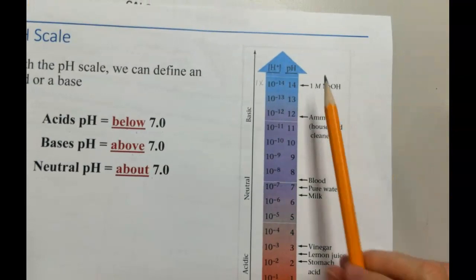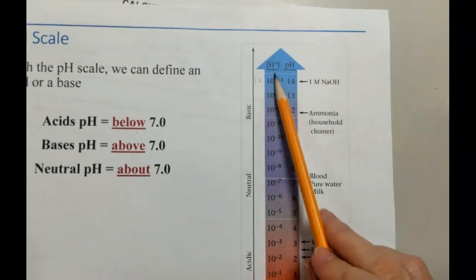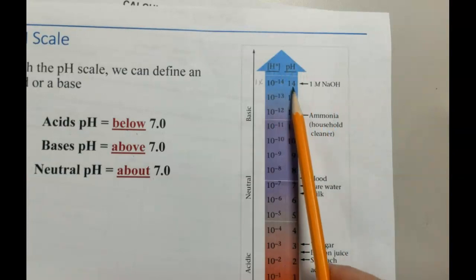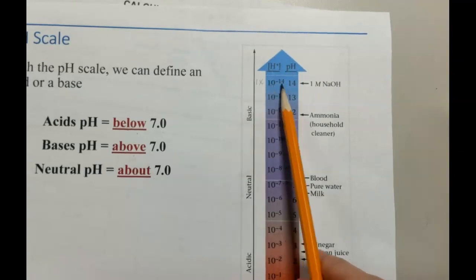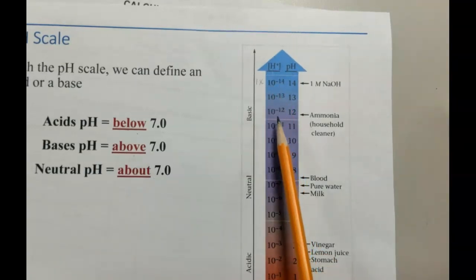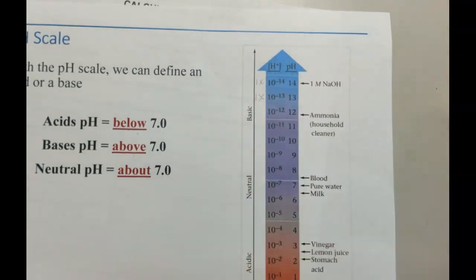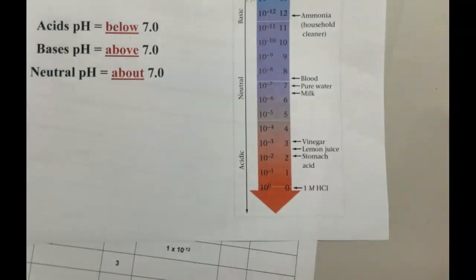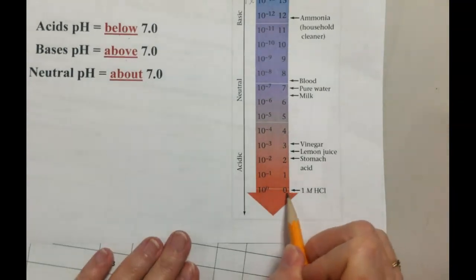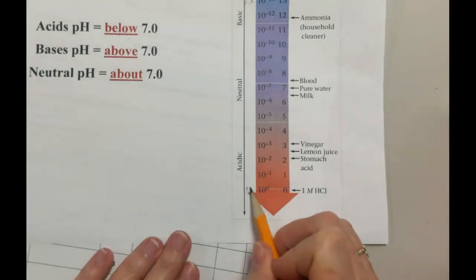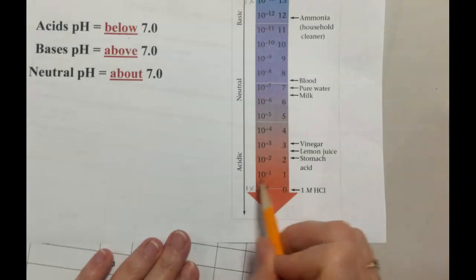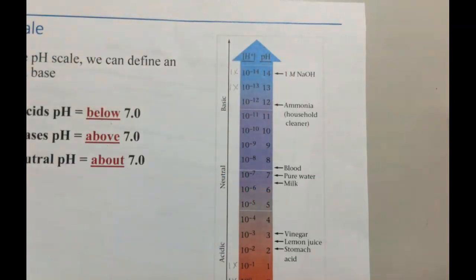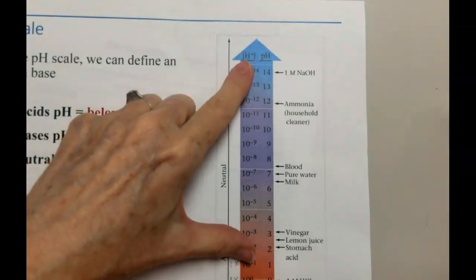Okay? So our pH is directly correlated to our hydrogen ion concentration. And we can see that right here. If you have a pH of 14, our hydrogen ion concentration is 1 times 10 to the negative 14. This is just a shortcut way of saying that, but really this is 1 times 10, okay? If we go all the way down here, and we have something like hydrochloric acid with a pH of 0, that is 1 times 10 to the 0, or 1. So these are directly correlated to each other, and that's how we're going to calculate the pH from the hydrogen